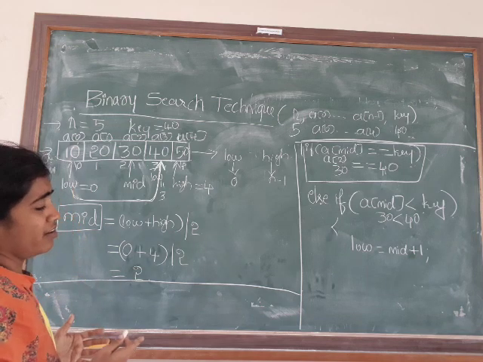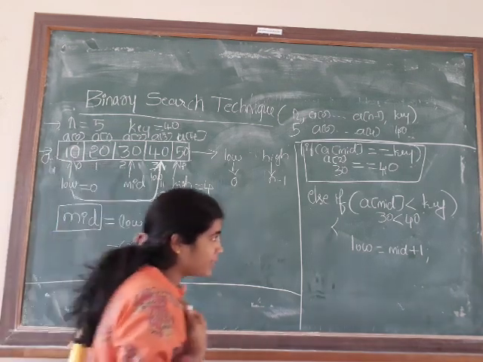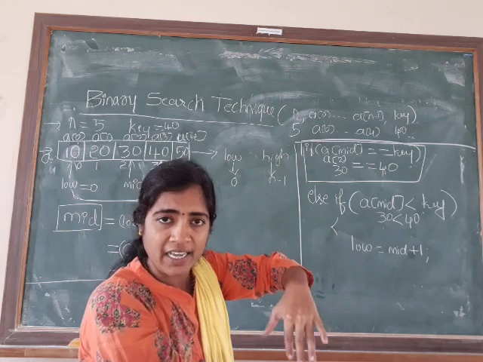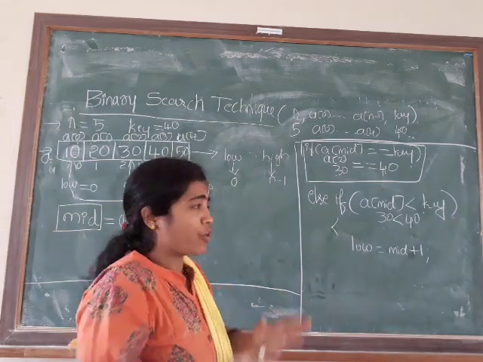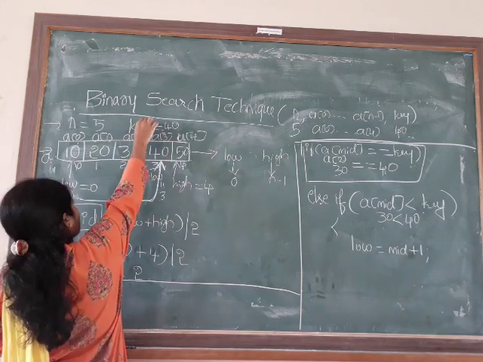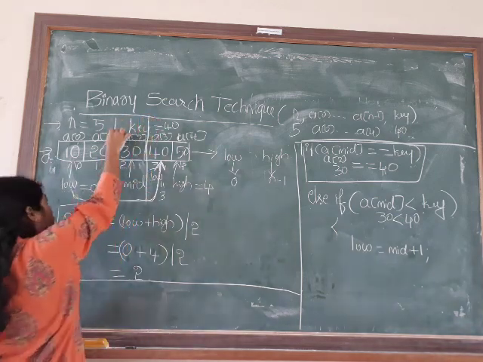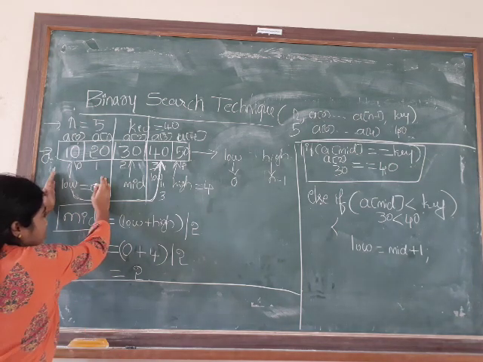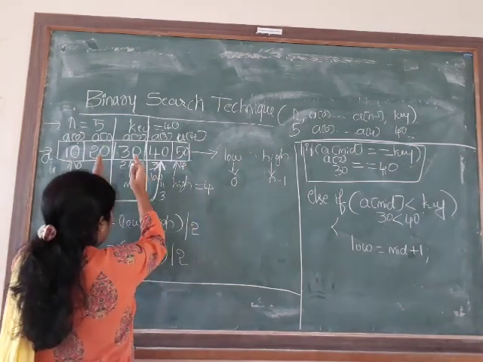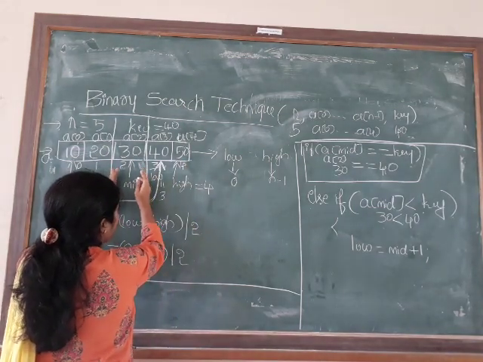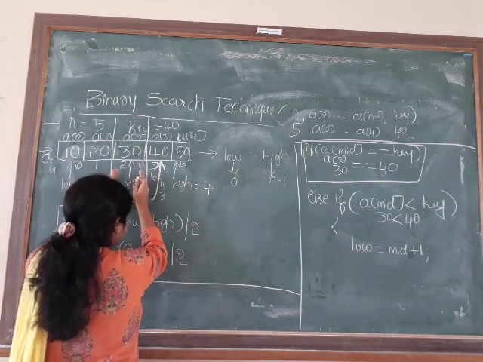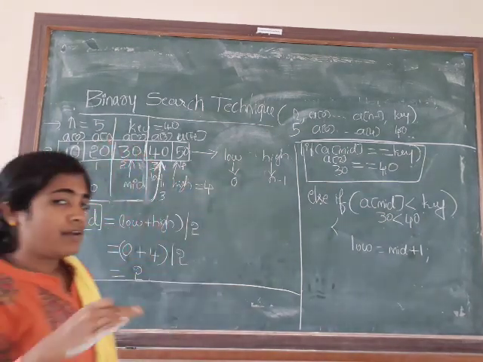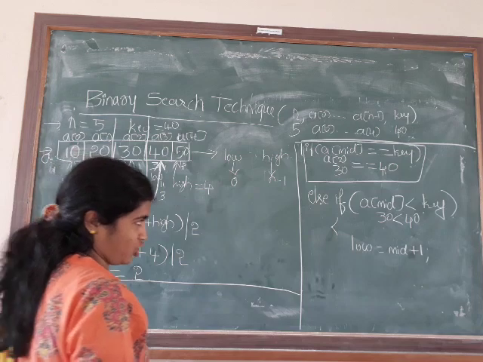It's very clear that if my mid is less than the key to be searched, obviously I have to search in the next half of the array list, that is the second half. For your better understanding, split your list in this way: first half, second half, and the first mid value. What is the first mid value? That is 30. So this mid is less than the key to be searched, in the sense obviously it is present in the next half of the array list.